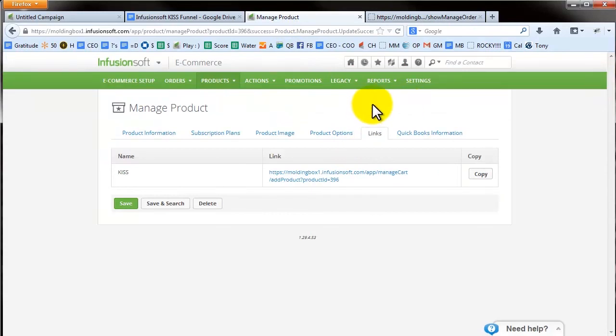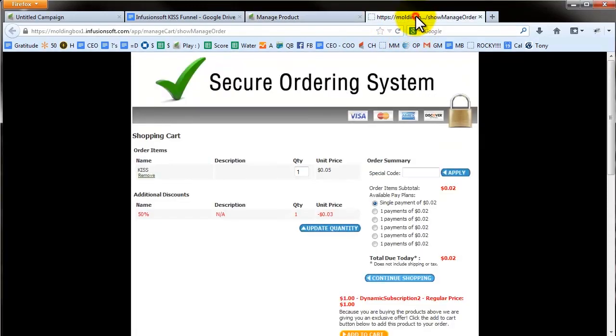What I like to do in most cases really is use an order form. One of the biggest reasons for this is that the shopping cart has one thank you page. So if they come here